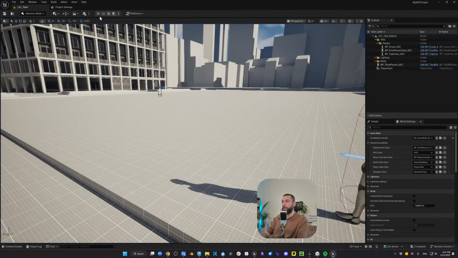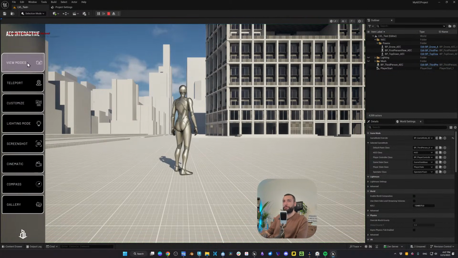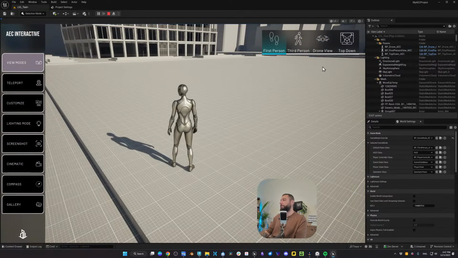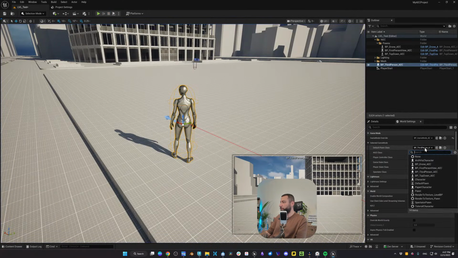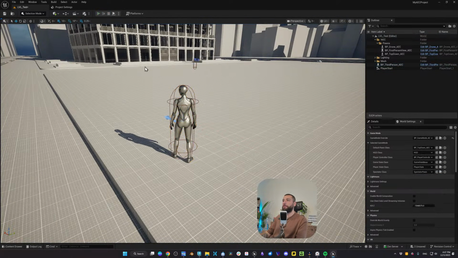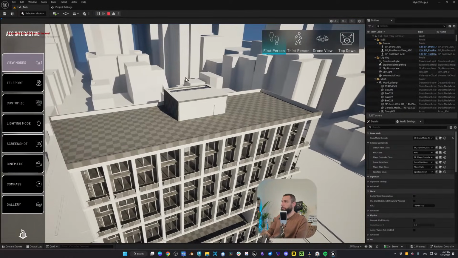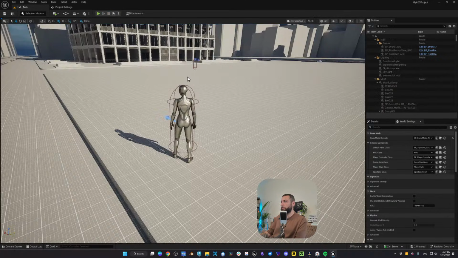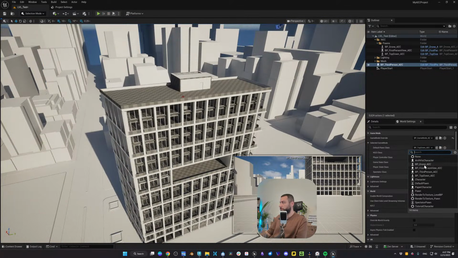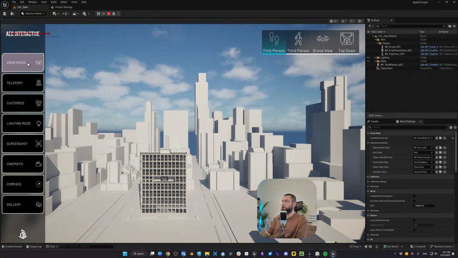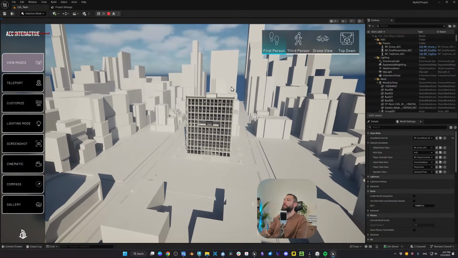So if I want to switch view modes, we have, is this a bug? I believe it's a bug. Yeah, I get happy when I discover bugs. Noted. This is so funny, it works only on the third person. So let's try the top down. Interesting.